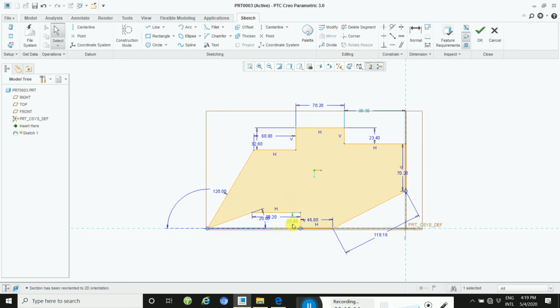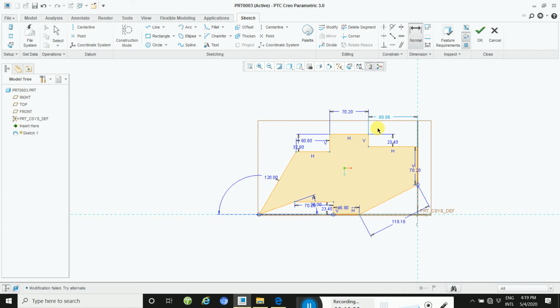Okay, this way, and then try again 46.8. Okay, not it because the height is all around here, this way and this way, and then double click here, this way height with here,